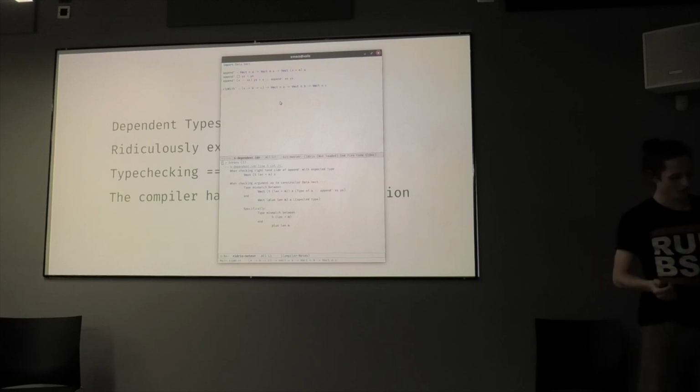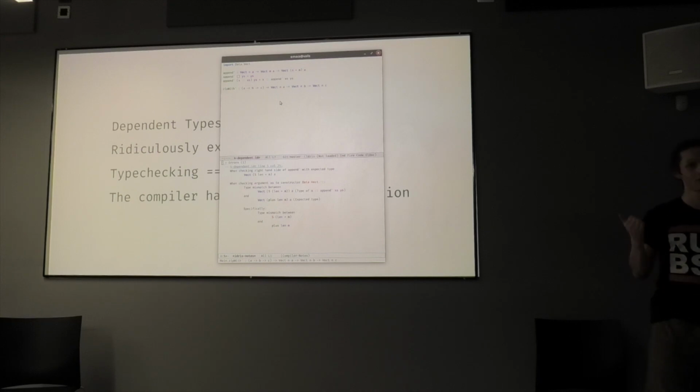Idris specifically is trying to make the whole programming workflow much more back and forth between the compiler and the programmer. So I can actually tell the Idris compiler to fill in a blank for me, and it will do that. I'm just hitting key bindings here, by the way.